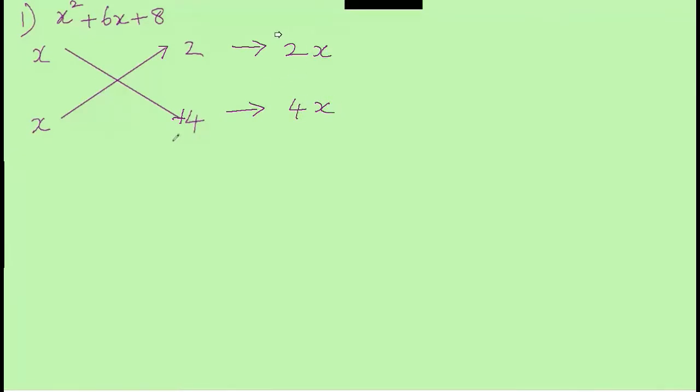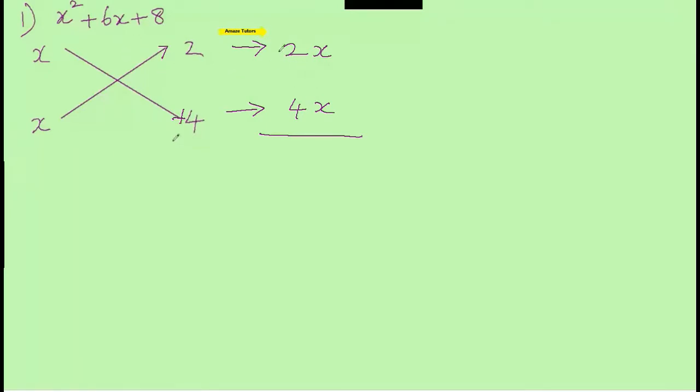Now by adding or subtracting these two, am I getting the middle term? I should check that. Yes, by adding the two numbers 4x and 2x, I am getting 6x. So we need to decide whether it is adding or subtracting, and also we have to take the signs. It can be negative as well in some cases because it should give you the middle term. That is the reason it can be both positive, both negative, or one of them negative, depending on the question, depending on the middle term.